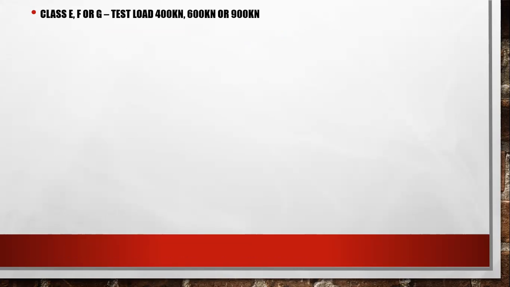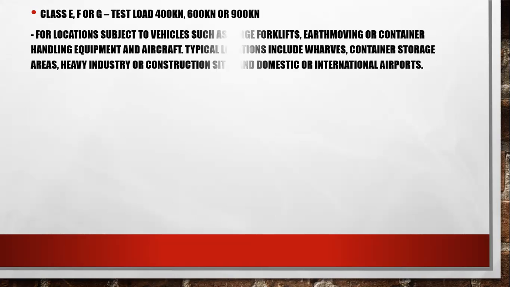These are the special types of classes. This is class E, F, or G. In the class E, the test load is 400 kilonewton. Class F is 600 kilonewton. And last is the class G, which is 900 kilonewton. In this class,